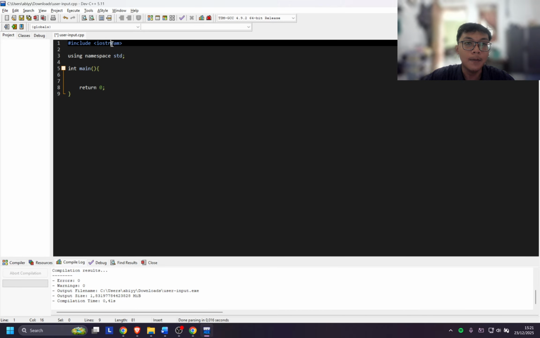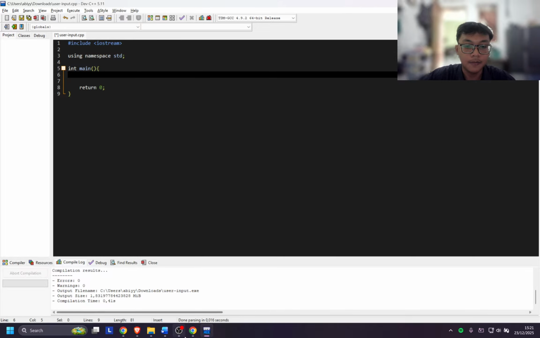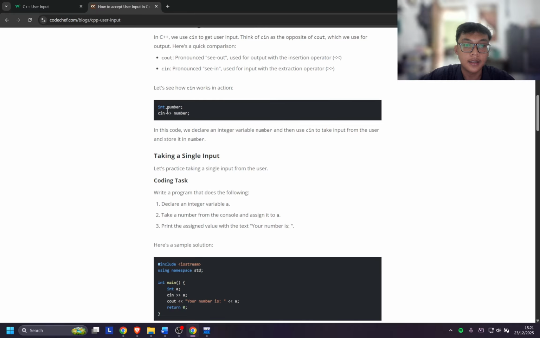Iostream is the library that includes the functions cin and cout. Without iostream, we can't use the syntax of cin and cout. So for the implementation of cin, we can follow this syntax.